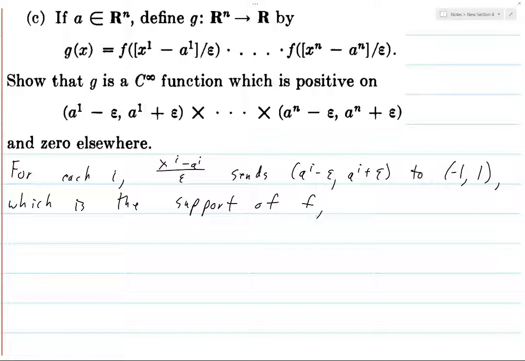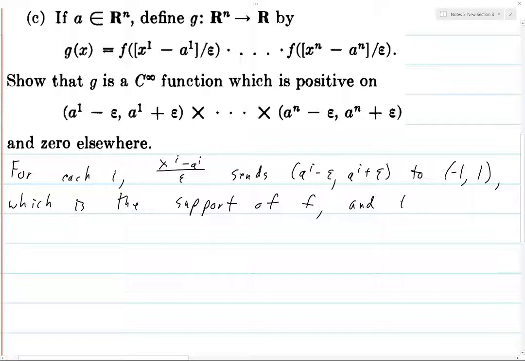So you do have to take a little bit of time: when it says f here, you have to use context clues to see what function they must be referring to, because there are two possible choices, because he used the letter f twice already to mean two different things. And you look at it and you see, oh, well, he means this function which is supported on -1 to 1, because we want g to be positive on the intervals of the form (ai minus epsilon, ai plus epsilon). Okay. So anyways,